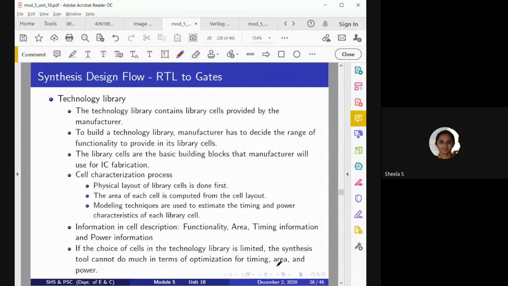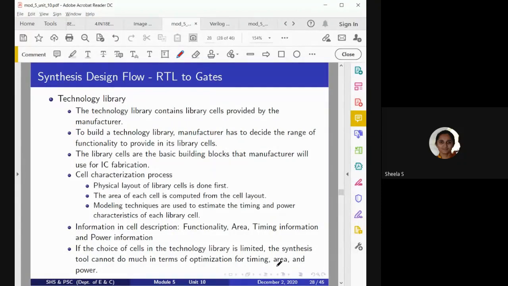And if I want to build the same operation using NAND gates or NOR gates, once again it will take a different number of NAND gates and the circuit may be different. So depending upon the availability of the components, we may get the optimized circuit. So that is what we consider optimization.